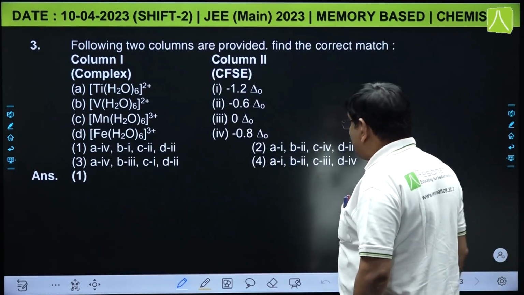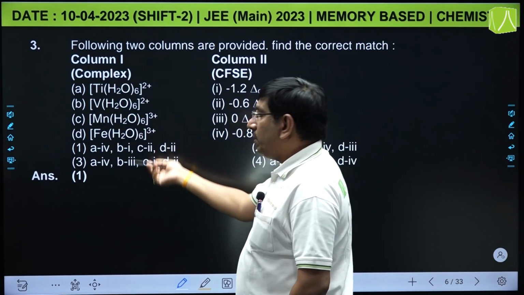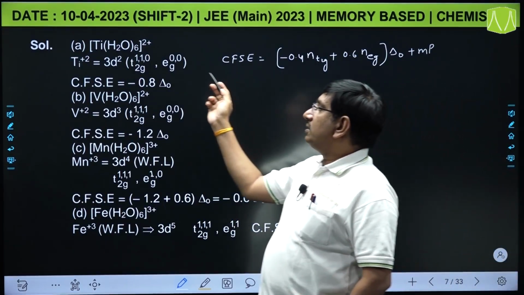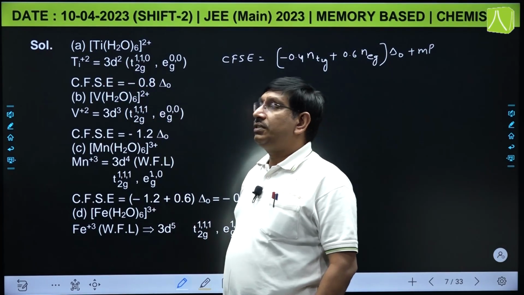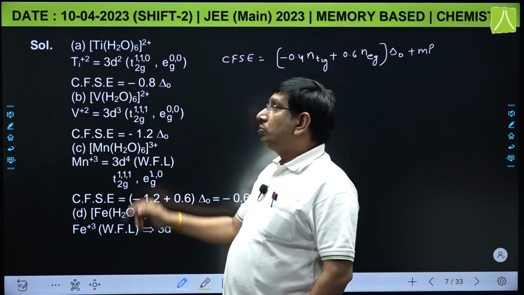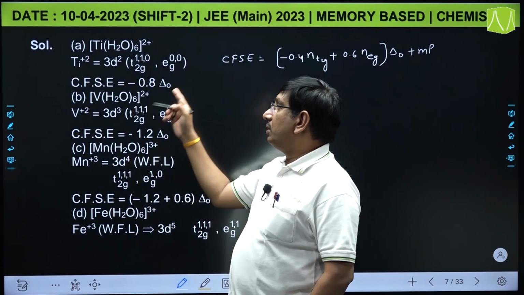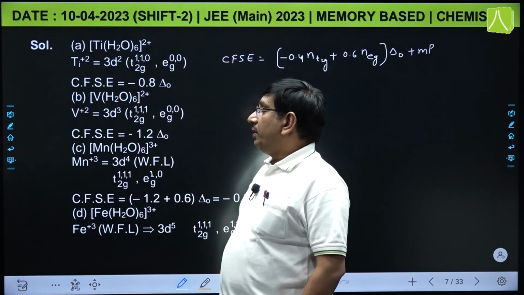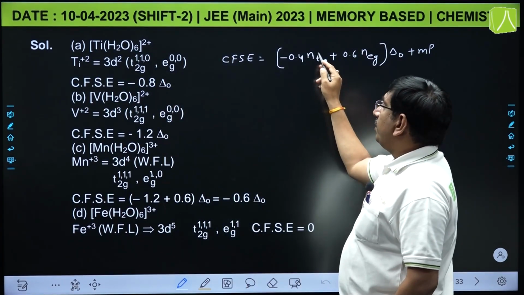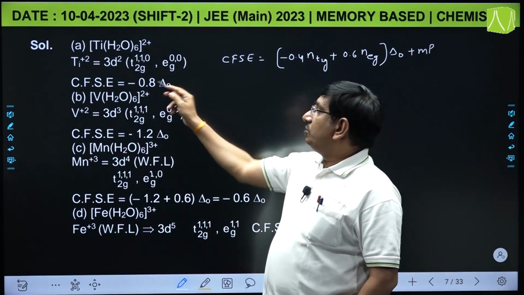Here in the given complexes, the ligands are water, that is weak field ligand. So, there will be no pairing energy, and in this if you calculate the CFSE, in the first complex titanium is in +2 state and it is in 3d2 configuration. So, T2G 110 EG 00 configuration you can observe according to crystal field theory, and CFSE can be calculated by putting n T2G, means number of electrons in T2G set, as 2, that can be equal to minus 0.8